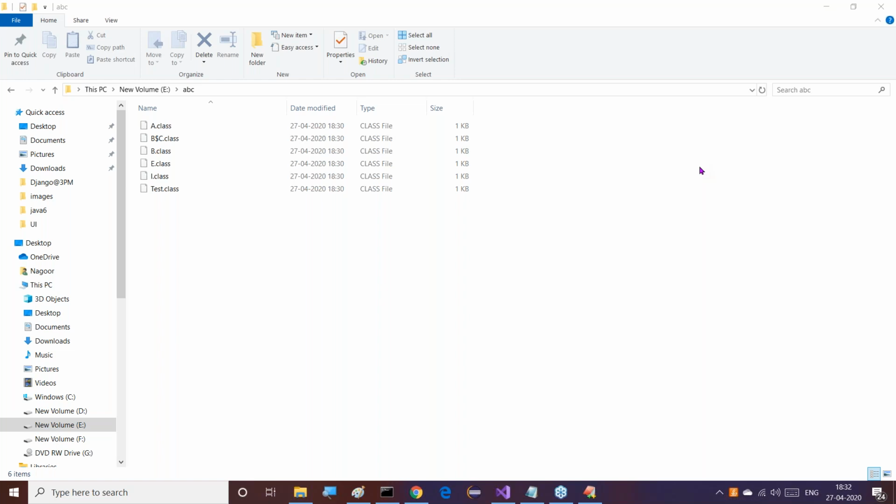.java files will be stored under the src folder, but the generated .class files will be submitted to which one? No, like the classes folder. So in that situation, we have to use the -d option along with our javac compilation. Then only the generated .class files will be submitted to the respective classes folder. So in that situation, we have to use which one? No, the -d option.